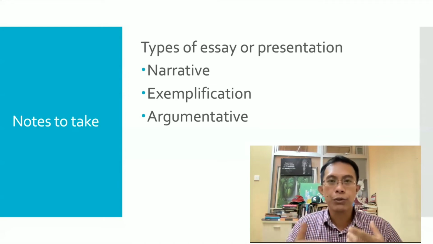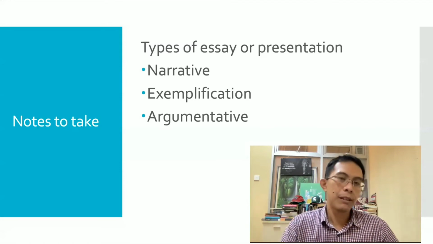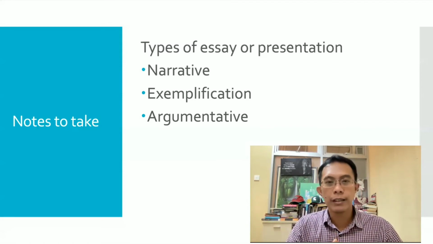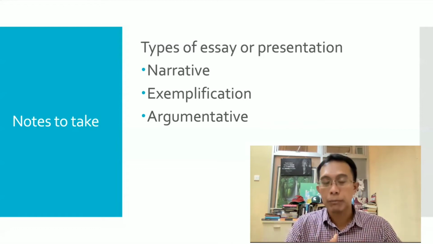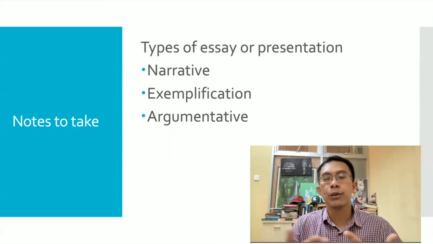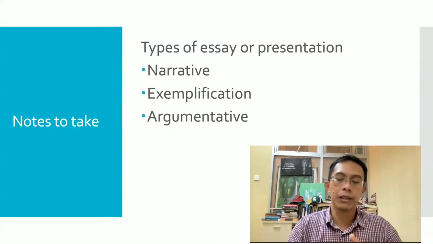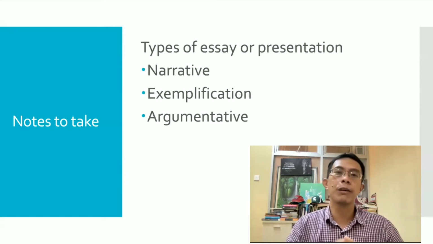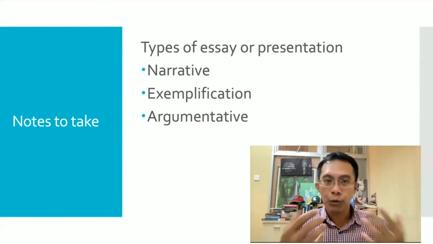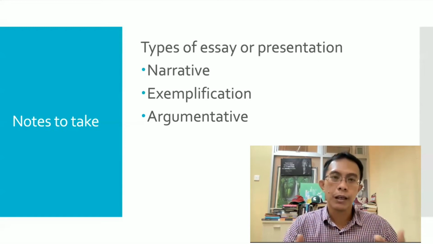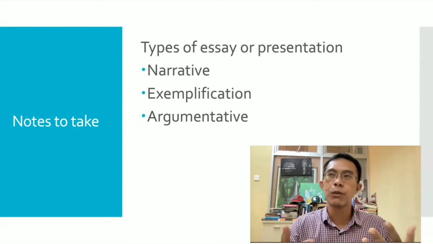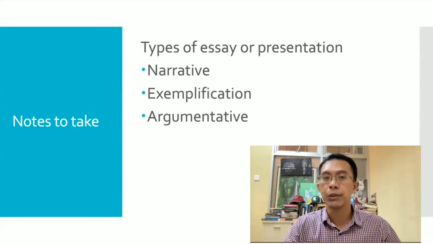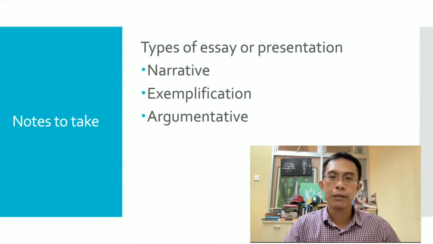However, there are also other types of exemplification, such as, for example, I want to give you 5 tips on how to survive college. The first tip is to make friends. The second one is to find an activity, and so on. So these are actually tips, right? But they are instances or examples of things, so they are part of exemplification. The third one is argumentative, in which you propose something and then you support that claim with your evidence, and so on. Usually this is the common one that we do in a debate speech. So these are the three very common types that I want you to use.